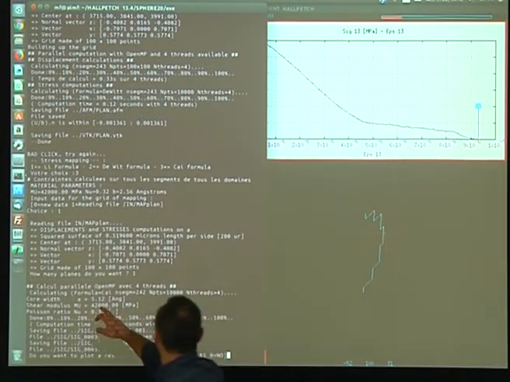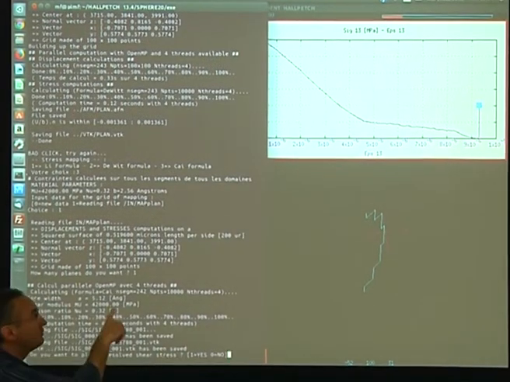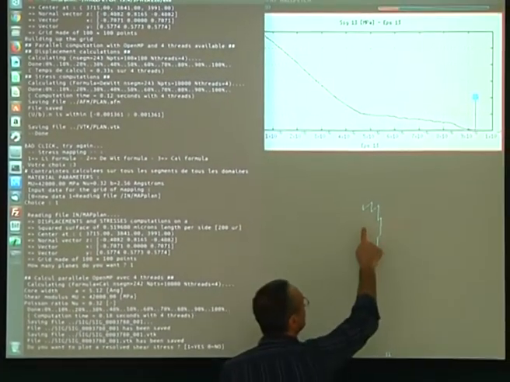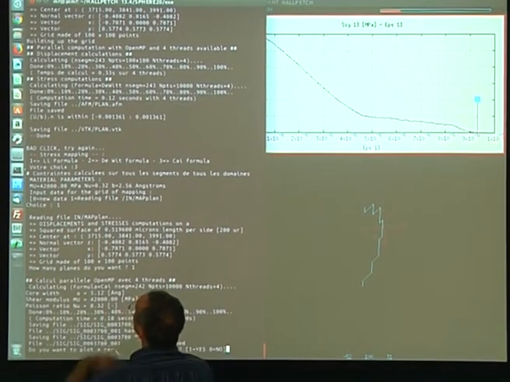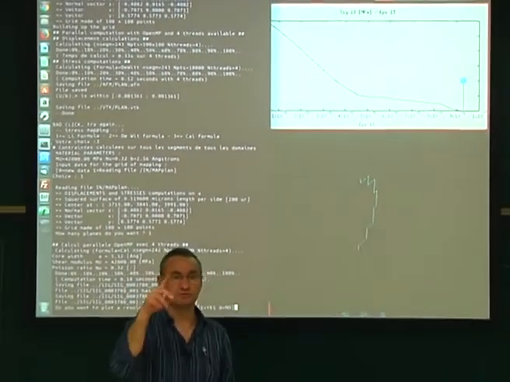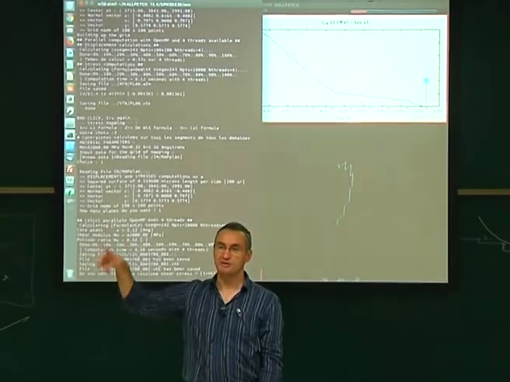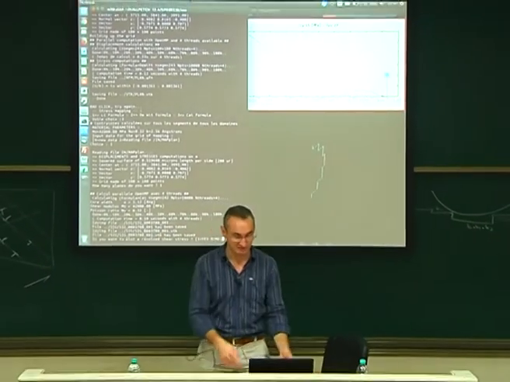It's very fast, you see. Very fast. This has been computed. So at each point, don't forget that I have 100 points by 100 points. I don't know how many segments, maybe 200 or 300 segments. So it's 300 times 100 times 100 times the calculations, and this has been done.